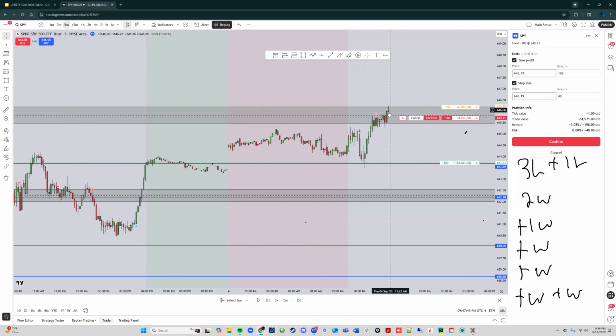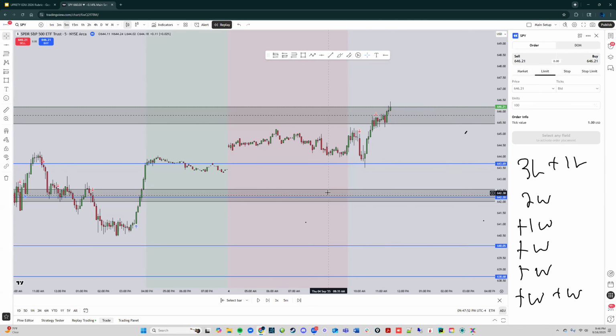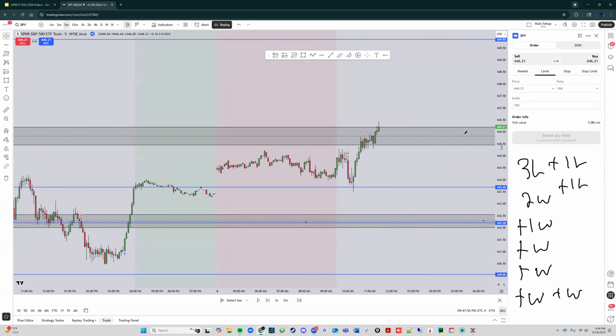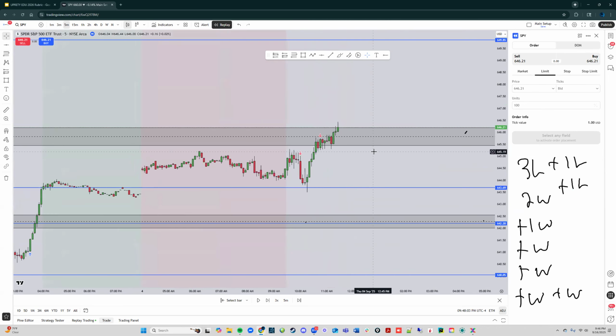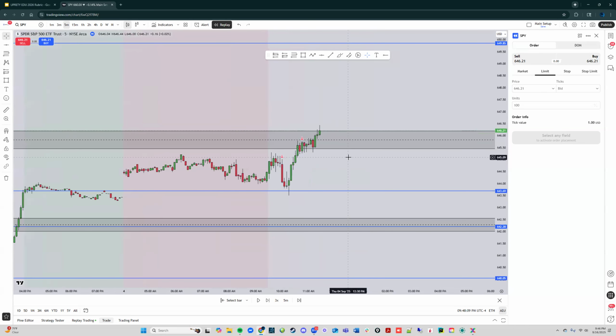Okay, so let me see. We're going to get this top of the... okay. So we would have gotten taken out of the trade. The reason, just like David was saying, is once we go inside of this level, you have to be patient and wait to see what price action tells you. There are all these green candles here. Why would you short here? We want a little bit more